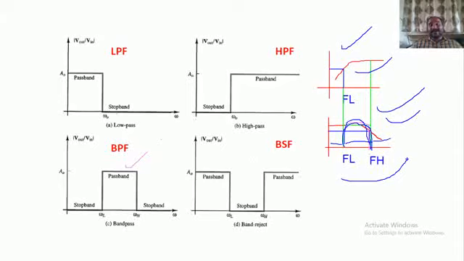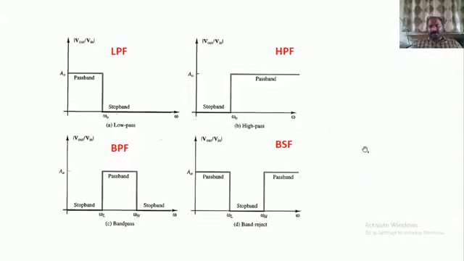Whatever high pass filter and low pass filter we are choosing, we should follow one condition: the low cutoff frequency of the high pass filter should be less than the high cutoff frequency of the low pass filter. Then only will the low pass and high pass filter circuit combination give the band pass filter response. Are we clear?